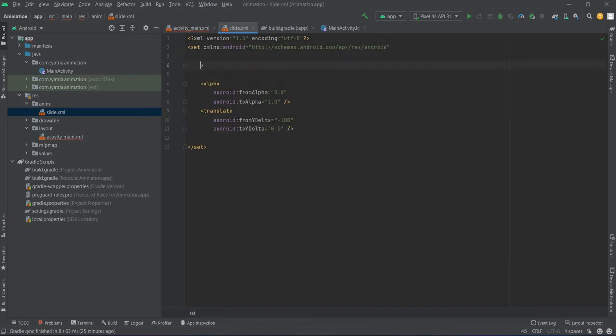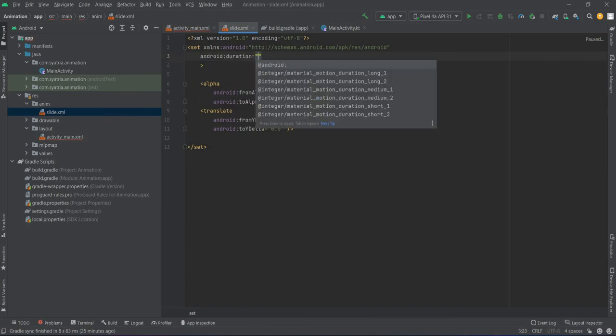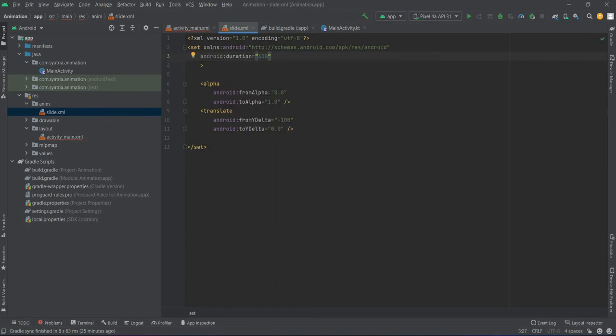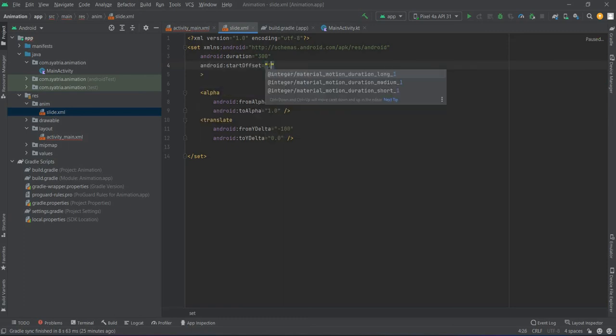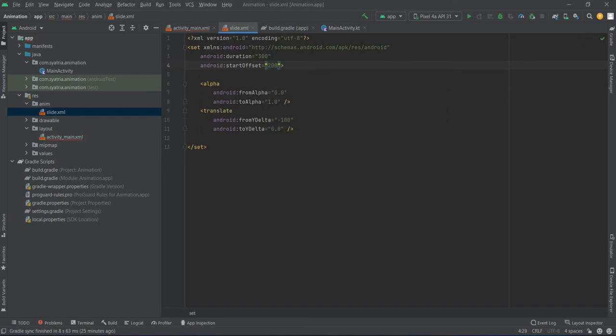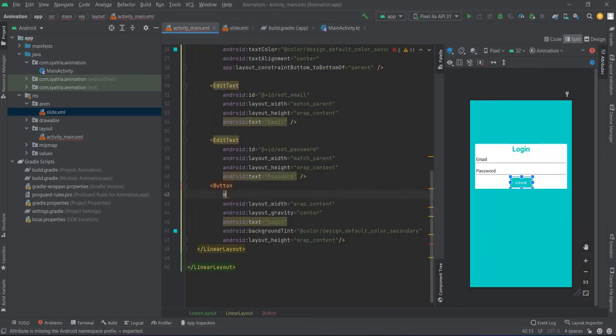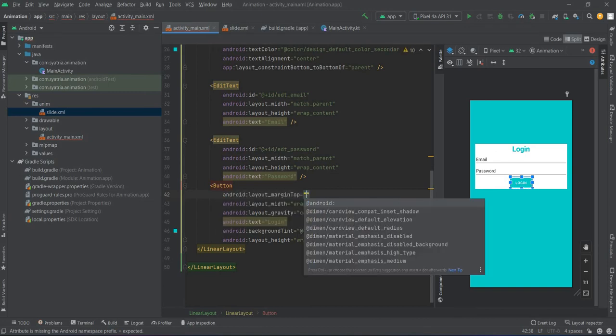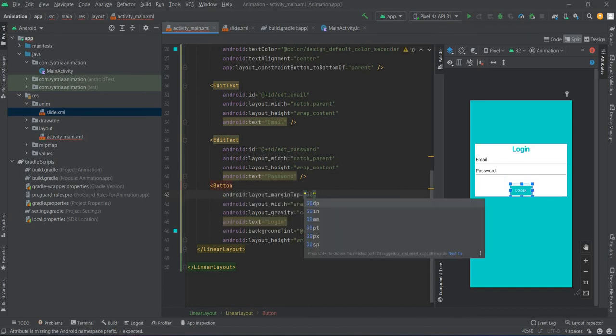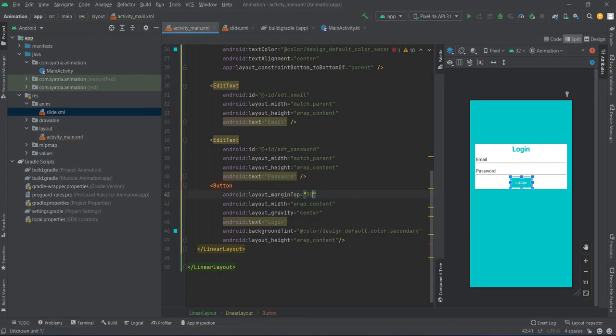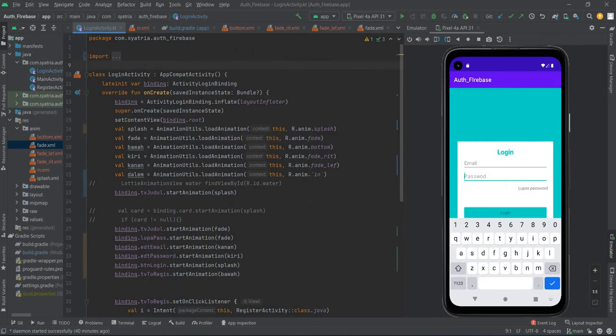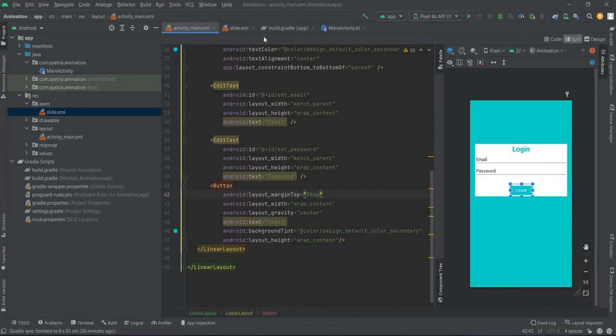After that, we give it a duration like 300, and then we give an offset. Offset is the delay of the slide or the animation. Just give it 2000, and then we can go back to the activity. Oh, this is an error, which is margin top, we have not given it. Okay, so after that, oh sorry,